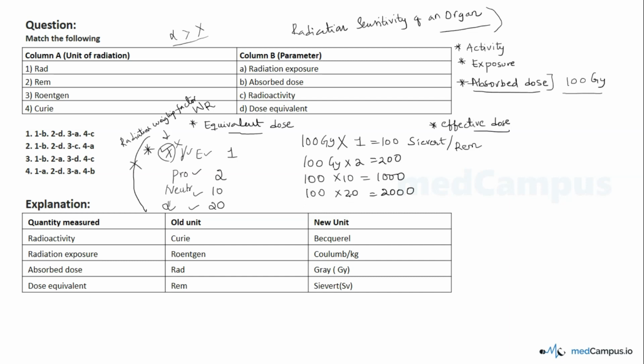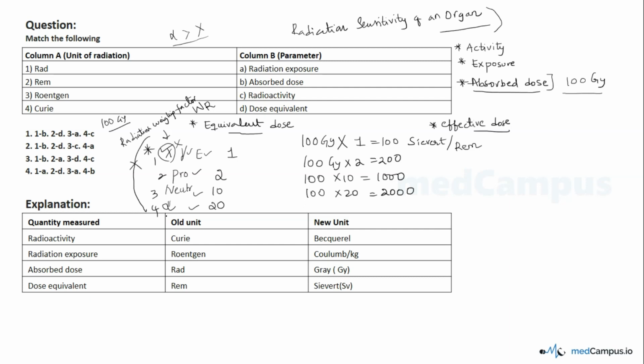So of late there is a trend of asking questions in a sequential arrangement manner. If they give all these parameters and they want to ask you that 100 gray radiation is exposed to the body, based on the type of radiation, arrange the following in ascending order. So you have to choose X-ray, gamma, electron over proton and proton over neutron, and finally comes alpha radiation.